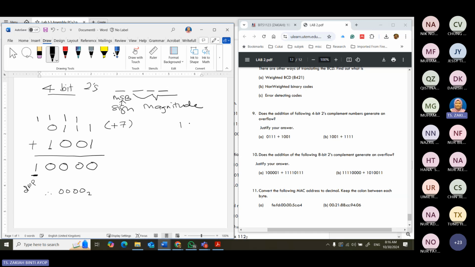So 1001, convert it to a 1's complement. Now it will become 0, 1, 1, 0 plus 1. Then you will get 1, 1, 1, 0. So if it's a 0, 1, 1, 1, then this is a case of